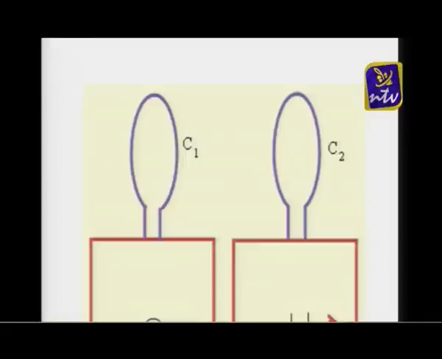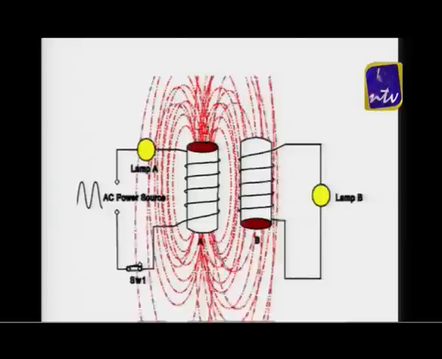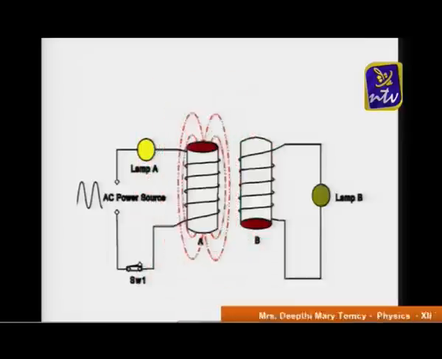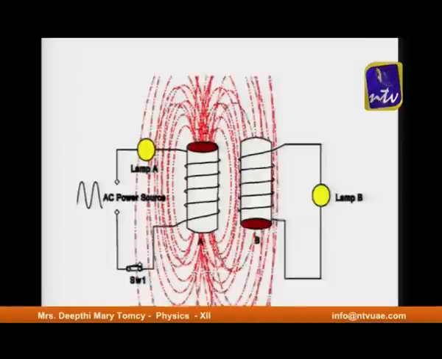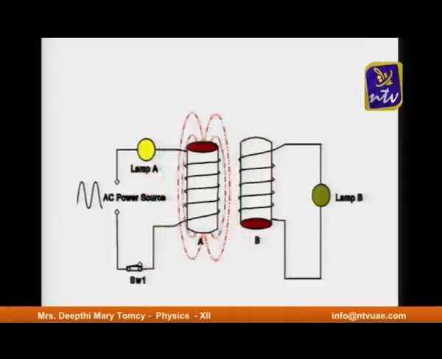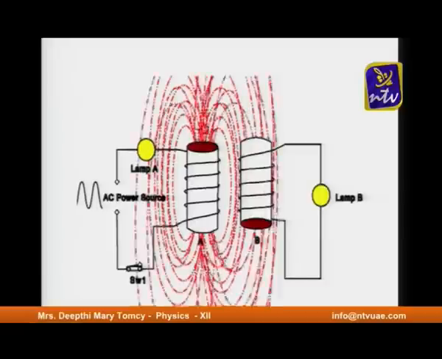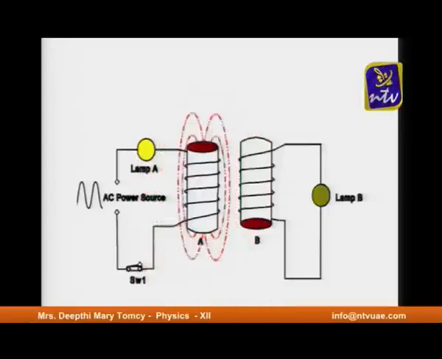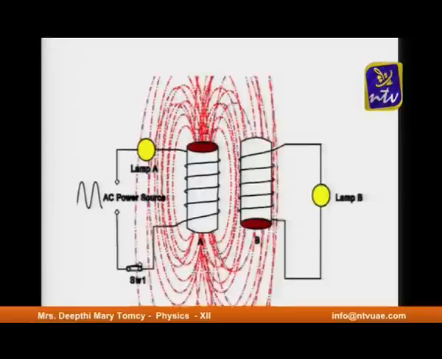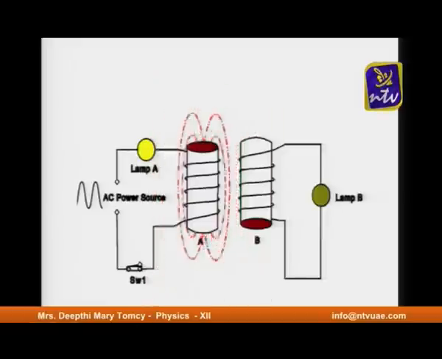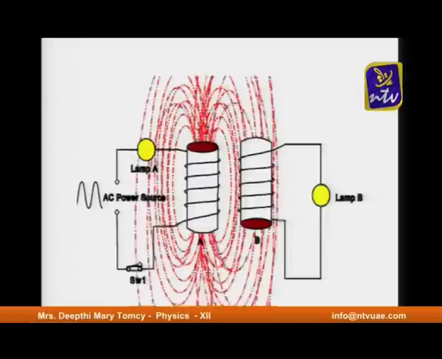But when you switch off the current in coil C2, because of the decrease in magnetic field in C2, the flux linked with C1 also decreases and the galvanometer will again show the deflection. A visible example of this you can see in the next one, where I am sending an AC current in the first circuit, and in the other one you can see the lamp glowing and diminishing because of the continuous change in the magnetic flux. You can generate electric current in the neighboring coil by changing the magnetic flux with the other coil.